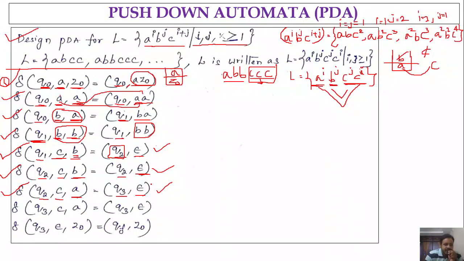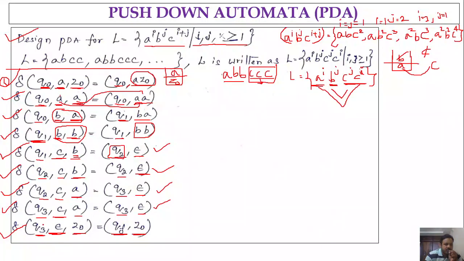as a state, right? Next one, in state q3, if you get input symbol as a and top of the stack is a, you will be in the same state q3 and you are not going to push anything, right? So this is the q3 comma epsilon. Okay. The next one is delta of q3 comma epsilon comma z naught. That means in q3 if you don't have anything to process and top of the stack is z naught, then you go to the final state qf and you are going to push z naught itself, right? So here we are constructing the pushdown automata by using acceptance by final state,